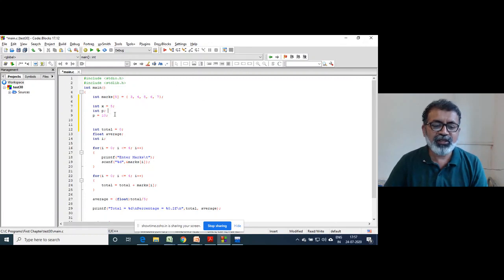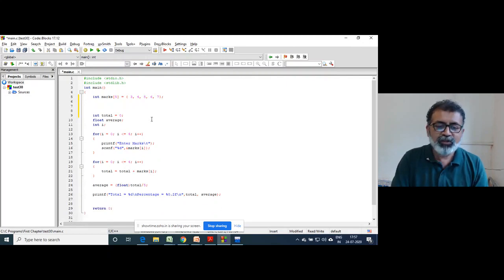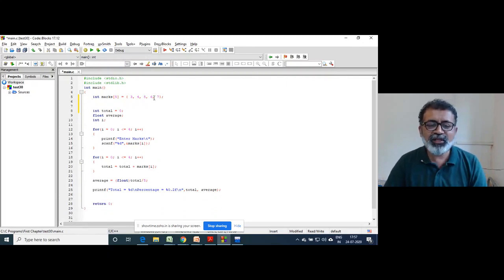We call this declaration and assignment. If the declaration and assignment are in the same statement, we call it initialization. If we apply the same analogy to an array, now this is initialization.